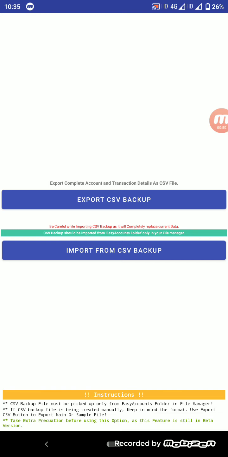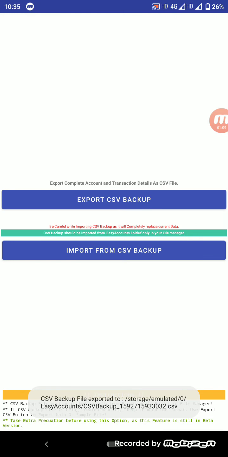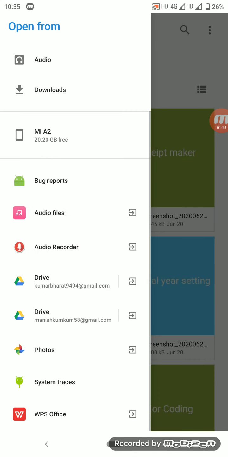After that, if I need to change my mobile or I need to format my mobile, after that I just need to install this application, come here in the CSV backup section and use this second option, import from CSV backup. I need that backup file that I have created previously from this exporting option. After that, I will click on this import from CSV backup option, come here, and then after I